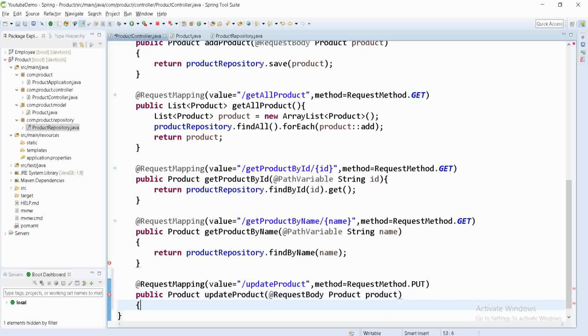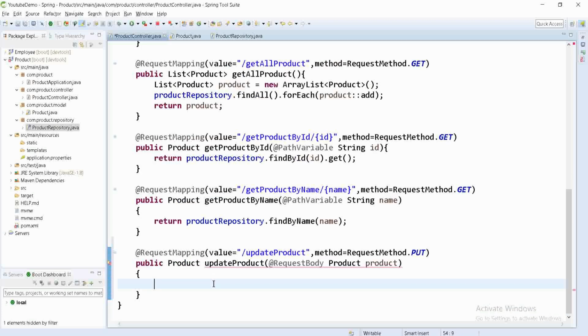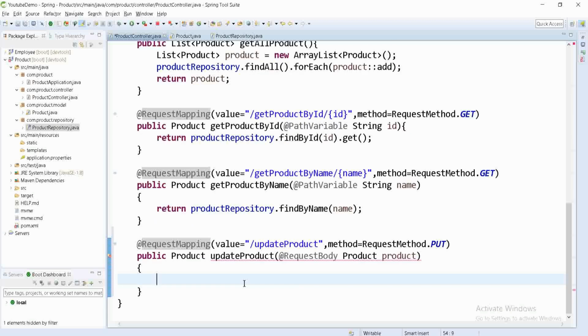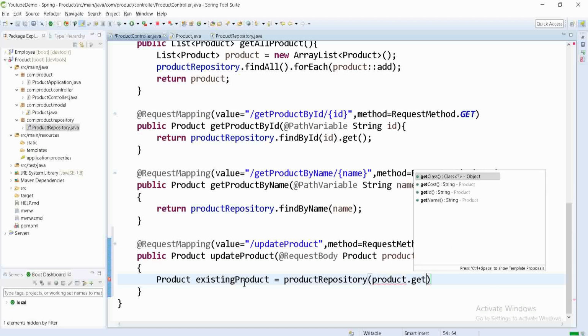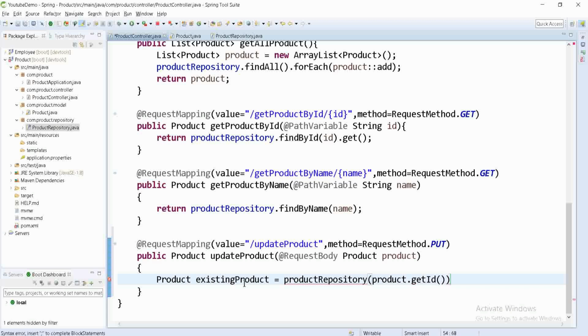Now we have to update this. So what we can do is create one more object of this Product, an existing product, and then we will get one product from the product repository based on the ID, suppose like this, product dot getId.